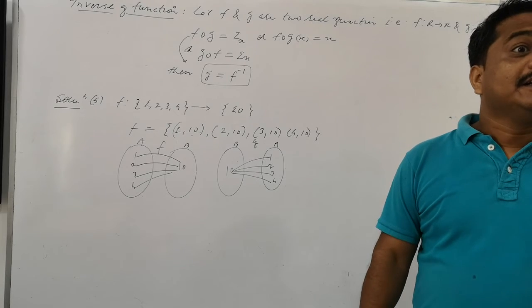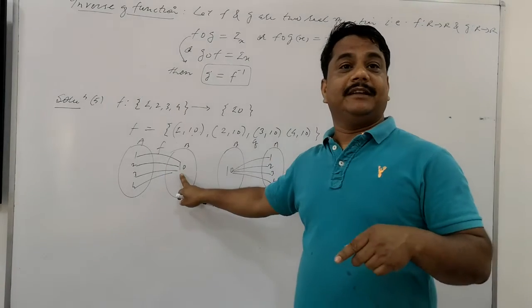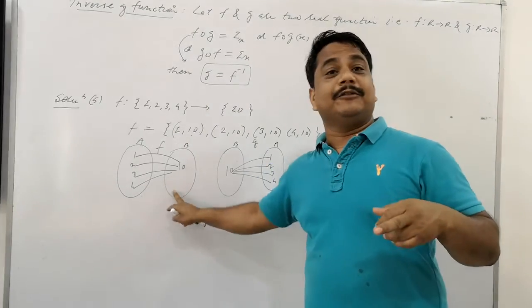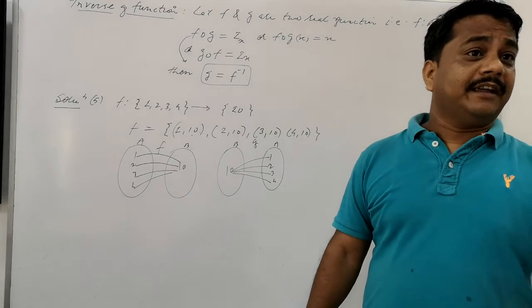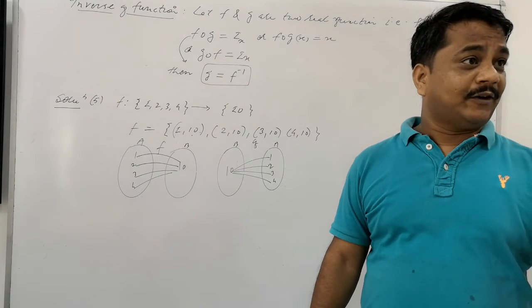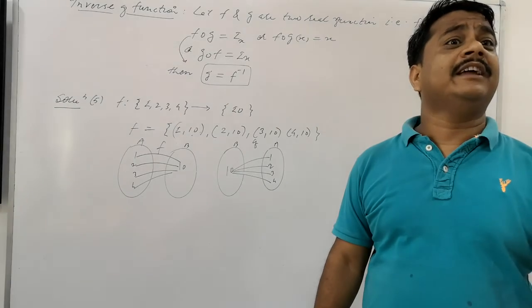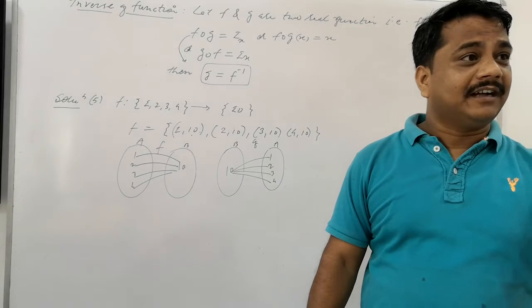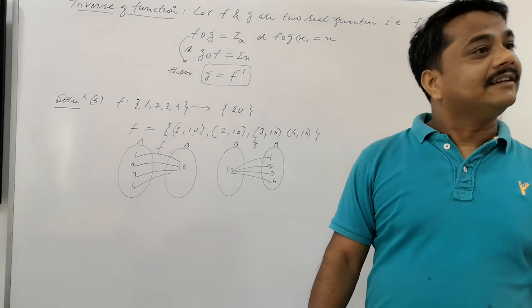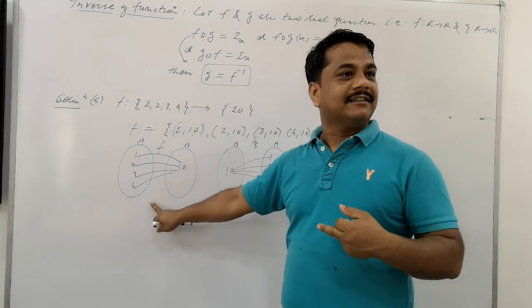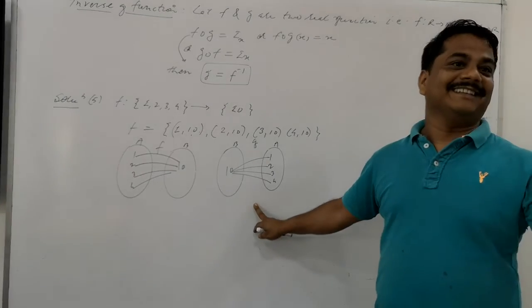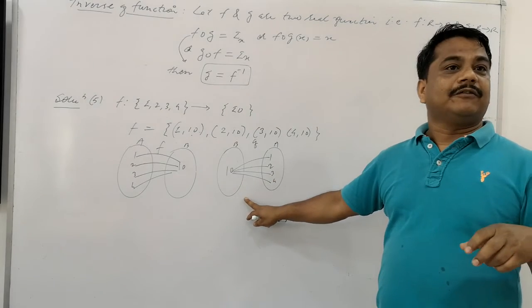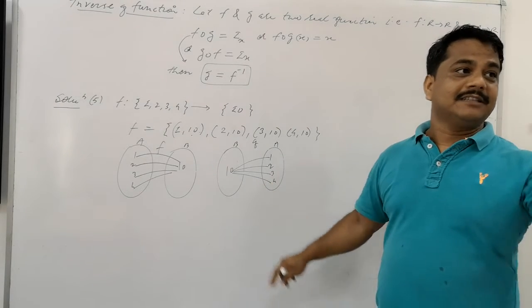In 11th I told you. A relation from A to B is said to be a function if each x of A has one and only one image in B. This is a function. Otherwise it is a relation. So is this a function? Yeah. Is this a function? No, this is not a function. So by a G function from 10 we are bringing 1, but this is not a function.